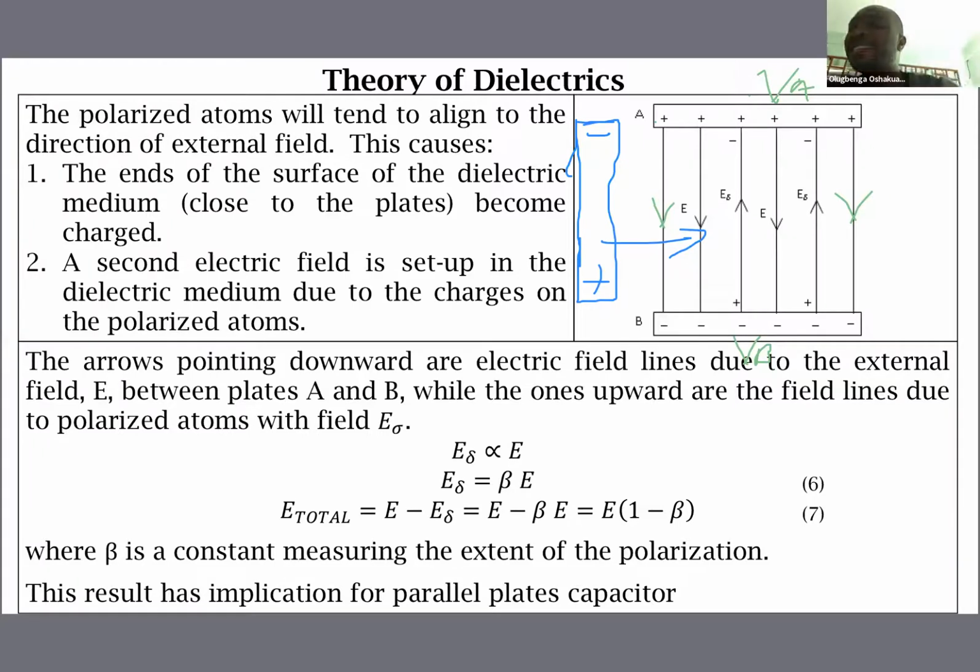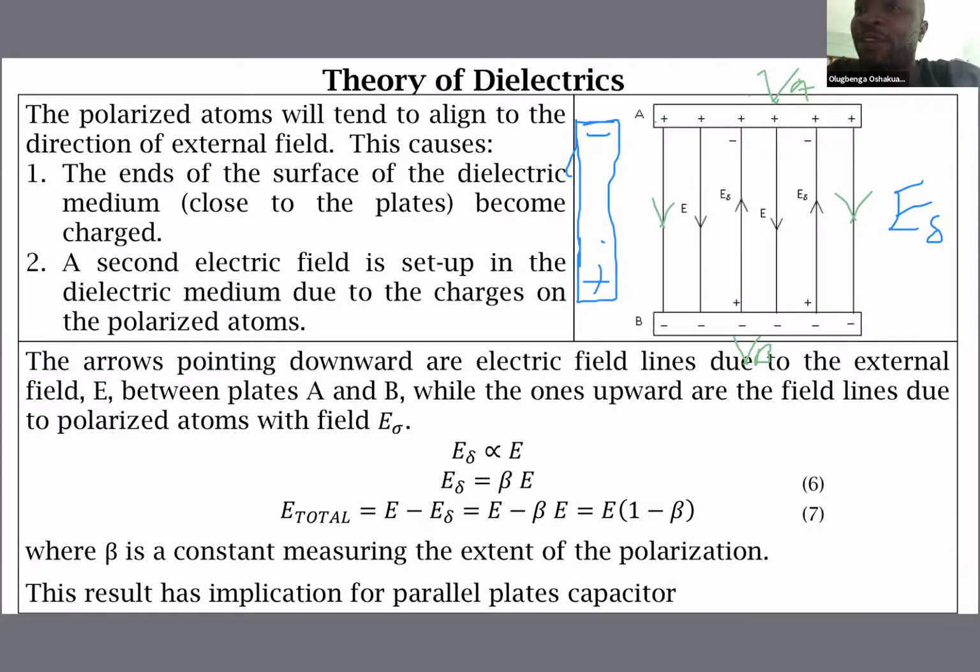So for that fact, another field will be set up in between this blue material that we are bringing in. And that new field is what we refer to as E subscript delta. So E subscript delta will be the new field that will be set up in between the dielectric material, and that field would be pointing in opposite direction of the existing electric field between the plates. Just like we have the electric field E in between the plates, pointing from positive to negative, similarly,